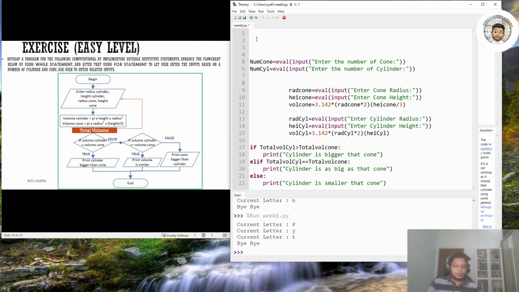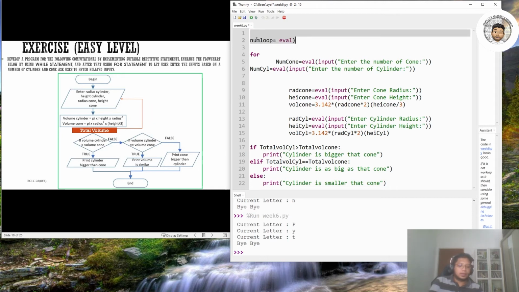Here you have to insert the while statement. Four is easier. Let's do num loop equals eval input